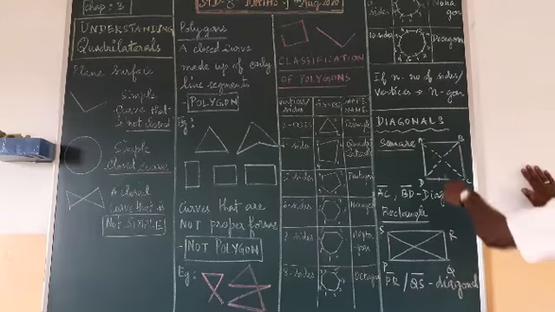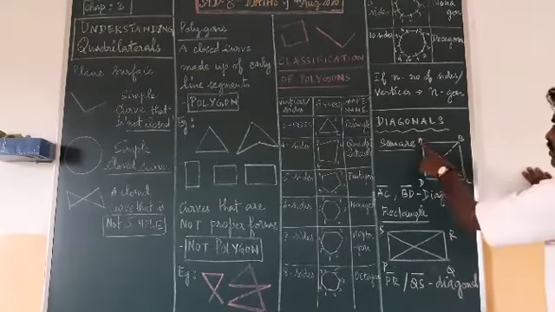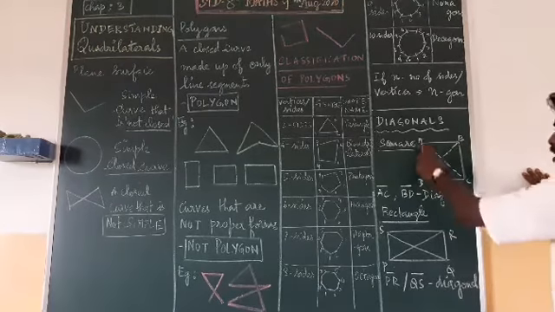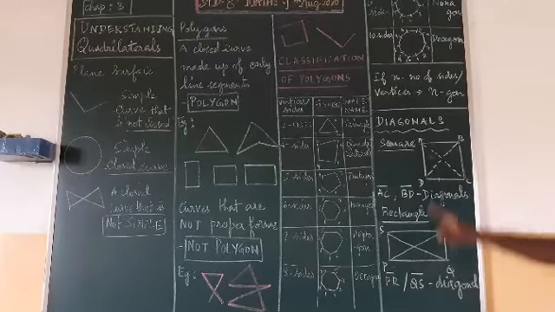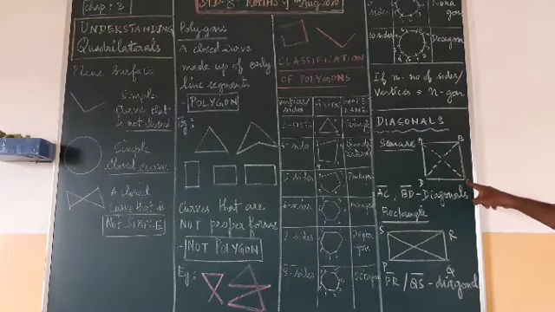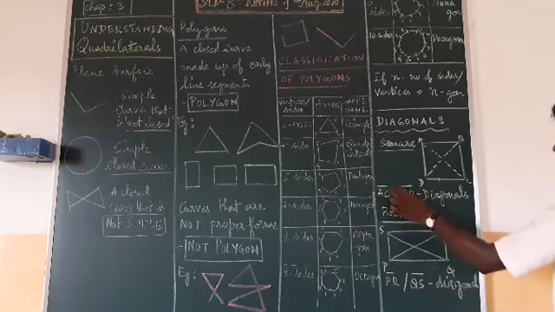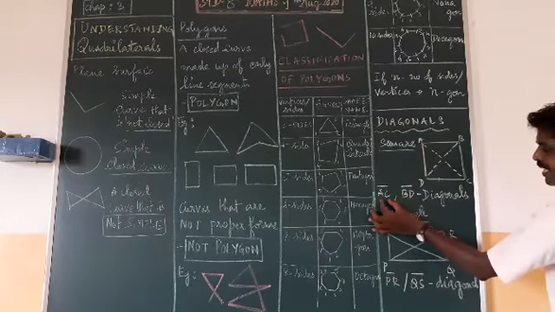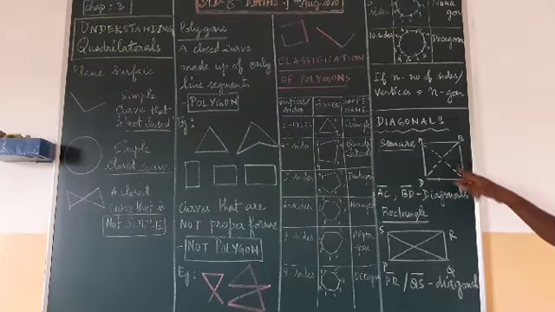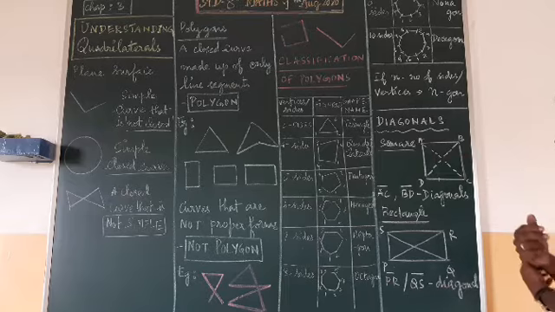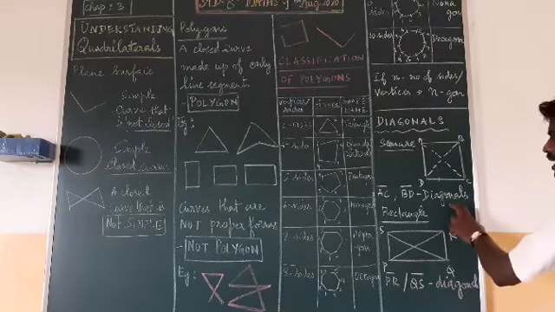In other words, the vertices which are not consecutive. A, B are consecutive, so that will not be there. So A to C, the opposite manner, A to C, B to D. So you can write it like this: AC with an over line means line segment AC, BD with an over line means line segment BD. These two lines joining each other in a figure are called diagonals.